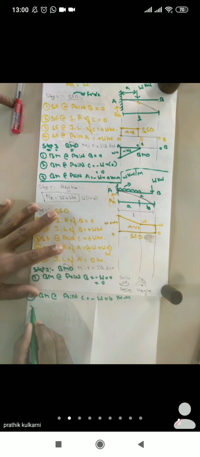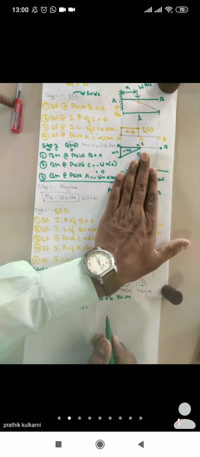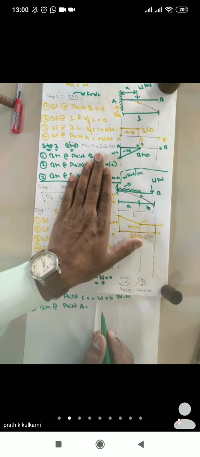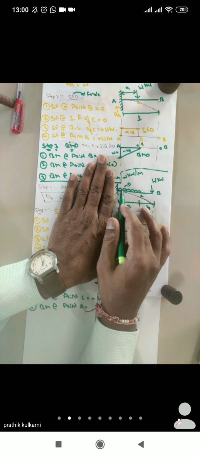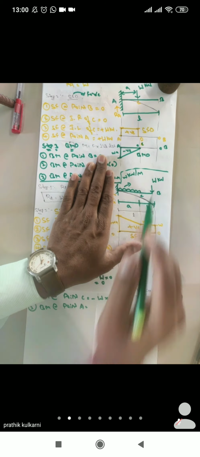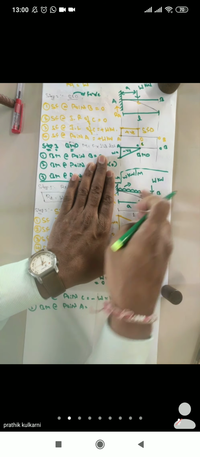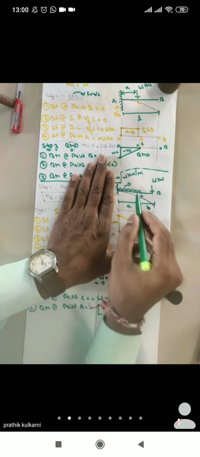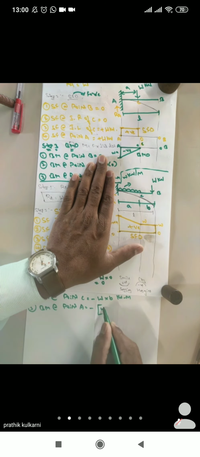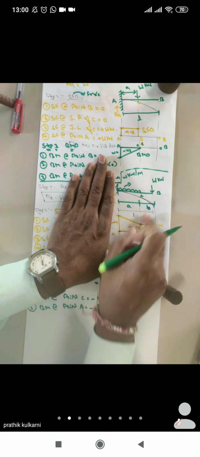Fine. Now next step. Bending moment at point A. Now from B, I came to point C. Now I'll directly come to your point A. Now when you come to your point A, we have to consider both the loading, not only one. Now let us consider first the point load. Whenever you apply a point load, it is bending in this shape. So I'll take minus as common for both. So minus, what is the load I have? W. What is the perpendicular distance now from here till point A? The perpendicular distance is L.